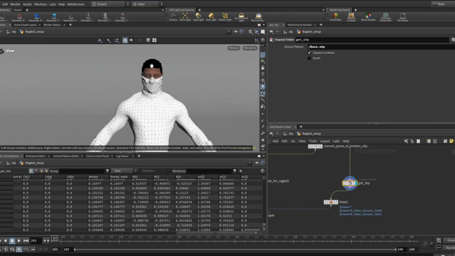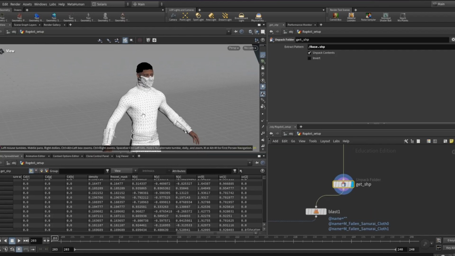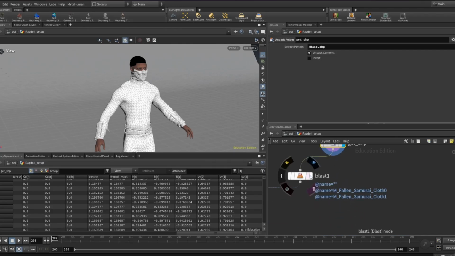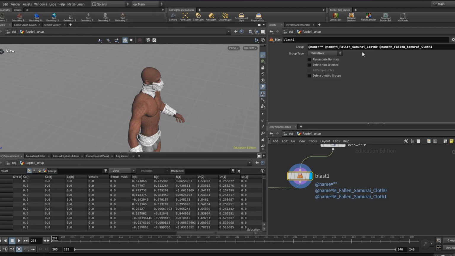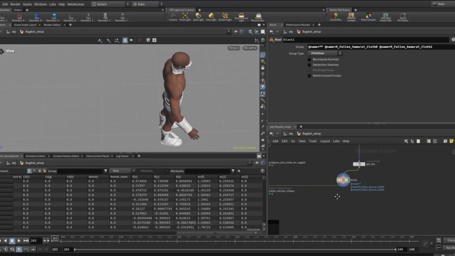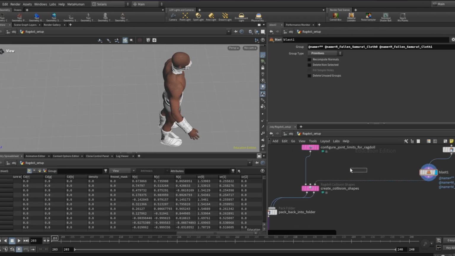If you have hair set up within your base shape, because that's where the clothing and the hair will be saved under, the base shape, you want to then blast out everything that you will not need. Definitely make sure that you blast out the hair. If I can find it, it is right here. Blast out everything that you do not need for the MetaHuman. I mean for the collision shapes. And I think I need to blast out the boots as well